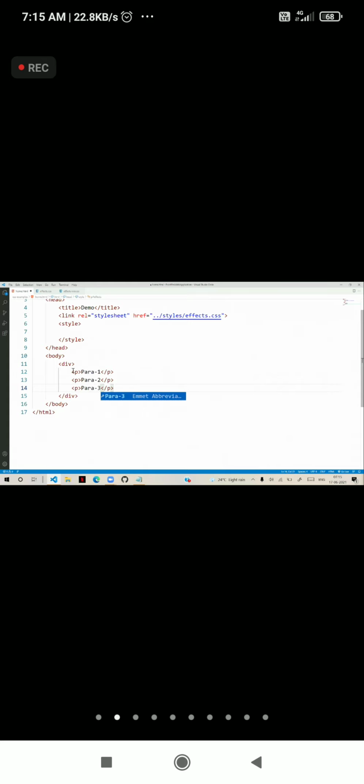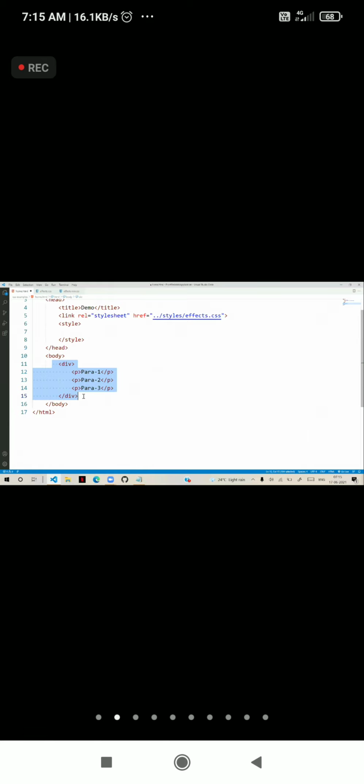These paragraphs are the child elements of div. So similarly, an ordered list can have list items like that.